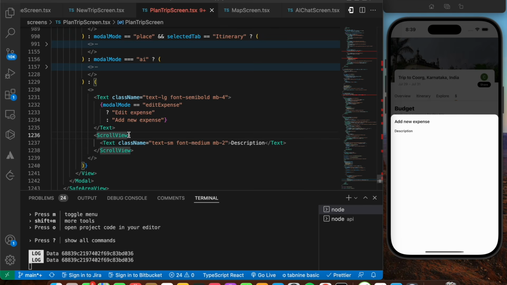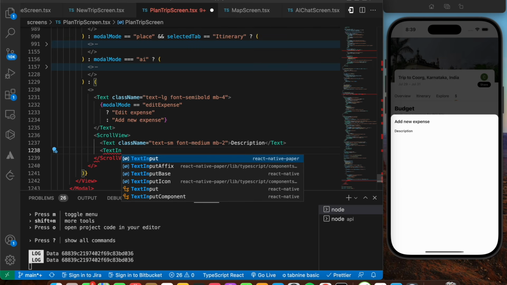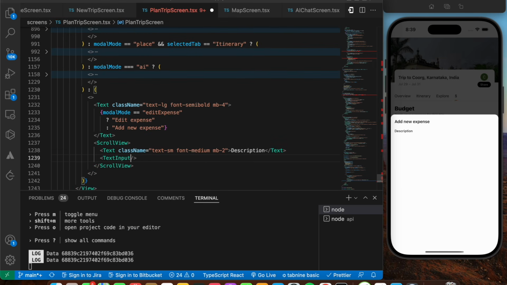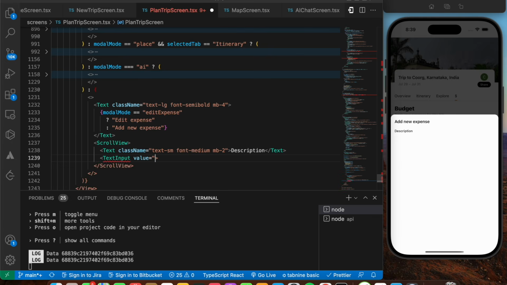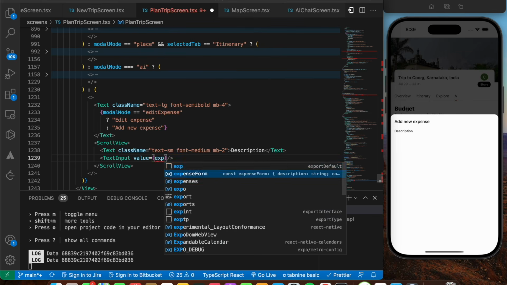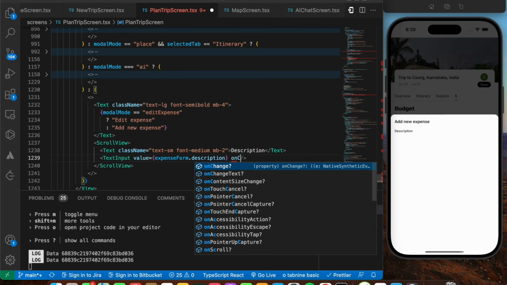Right, that's looking fine. For the scroll view, there is no styling. Then below this, you're going to have your text input. I'm going to say text input, import that from React Native. Value is going to be equal to your expense form dot description. Remember, we have already set the state for this, so just try to use that over here. Then on change text,